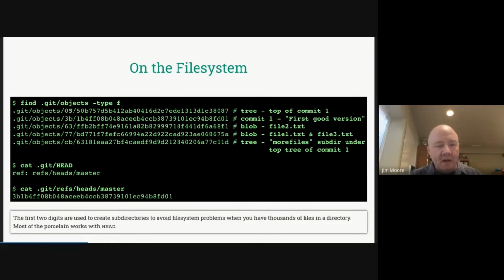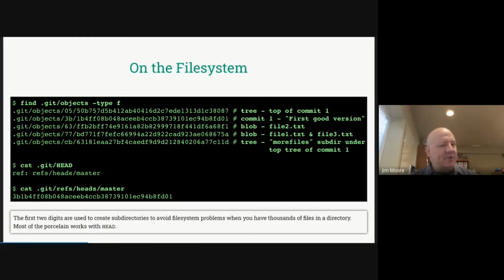What it's doing here is it's taking the first 2 characters of the hash and breaking that off into subdirectories, because file systems don't like to have hundreds of thousands of files in the same directory. So this is just doing a namespace thing to help distribute that. But as we'll see, Git actually helps prevent that from being too much of a problem.